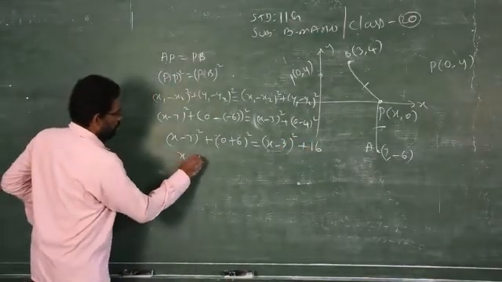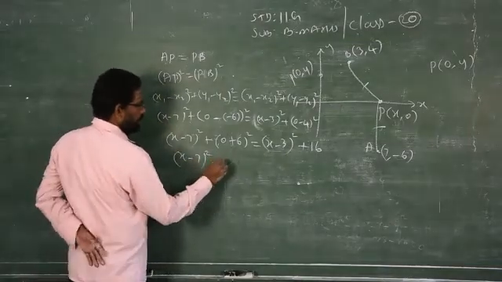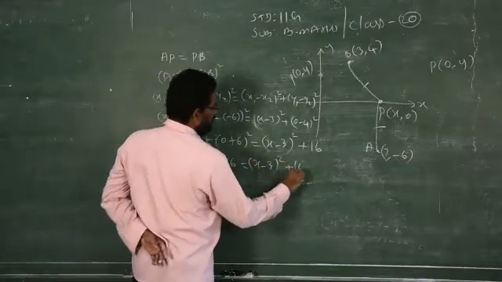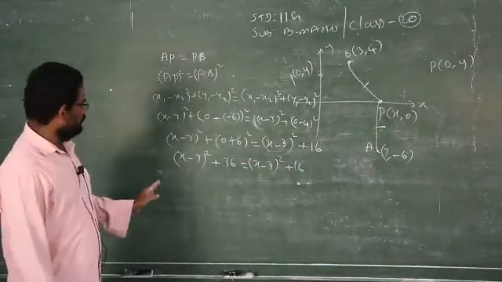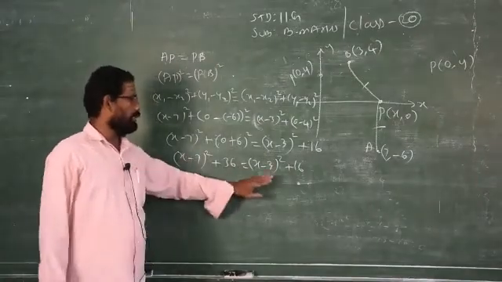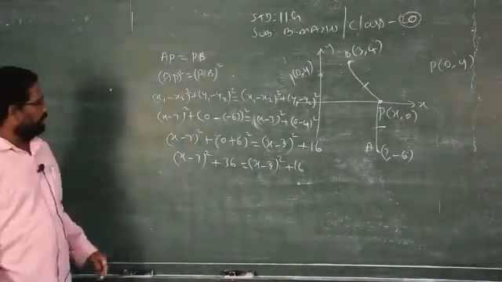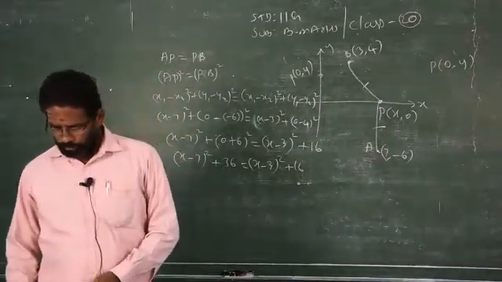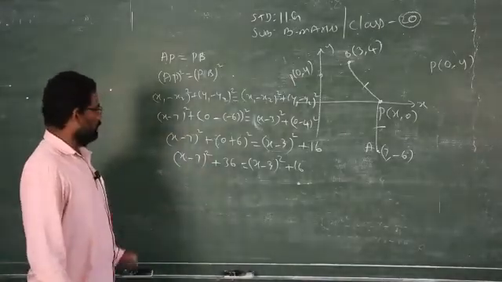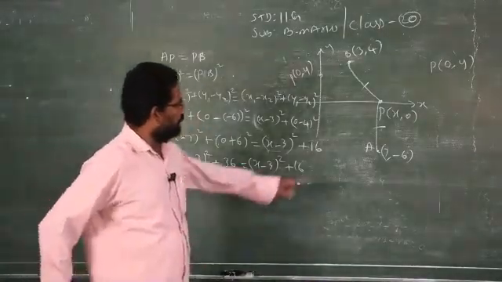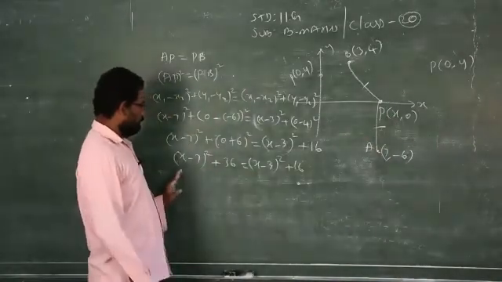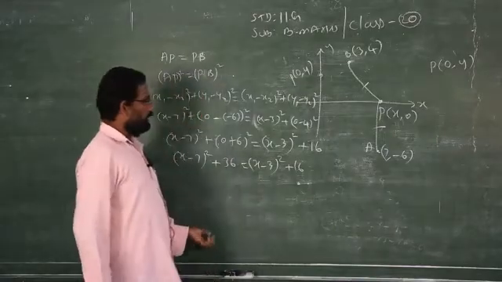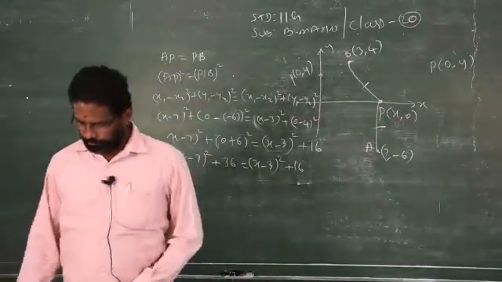Now 6 square is 36. x minus 3 the whole square plus 16. So you have to expand using the a minus b the whole square formula on both sides. Bring everything to the left side and simplify. You will get the answer. Clear? So this I leave with you. Simplify and find the value of x. They have asked to find the value of x. So just simplify after expanding using a minus b the whole square on both sides, and find the value of x. You will get the answer.